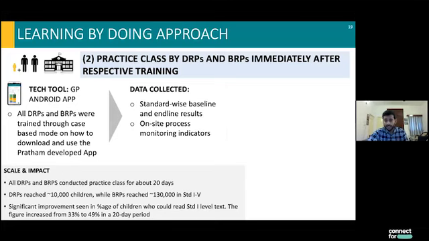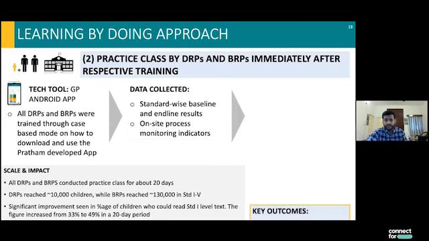One is assessment level data at baseline and endline as well, which is inputted by the district level or block level resources, and process monitoring indicators, because in the implementation of this program, the DRPs and BRPs are the monitors or the mentors. So they need to be familiar with what are the indicators that we need to see during a classroom, so that they can provide, not only provide input to the teacher, but also report at different